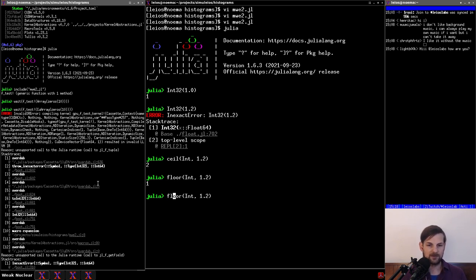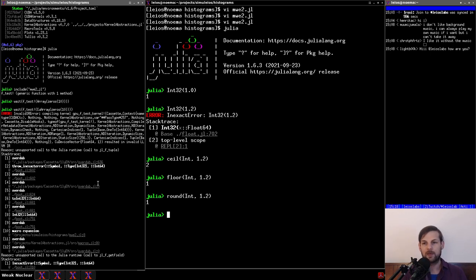And I can also do round as well, and these all do the same thing. Now, I know what you're thinking, right? In the case of the kernel that we were writing before, we're not doing a float to integer conversion. We're doing integer to integer conversion. And in that case, what exactly do you do? How exactly could you get an